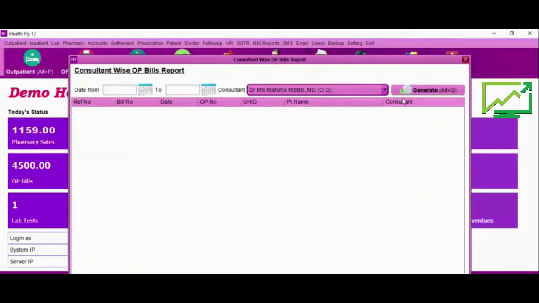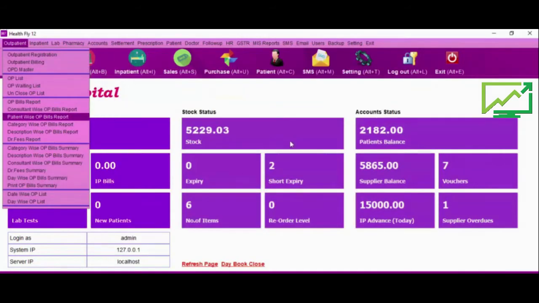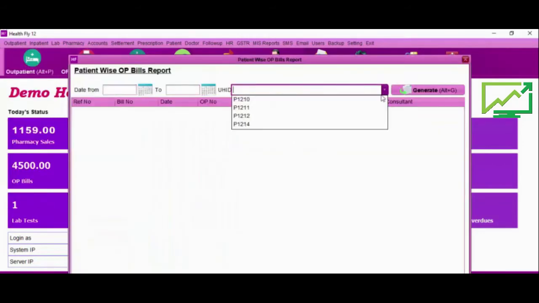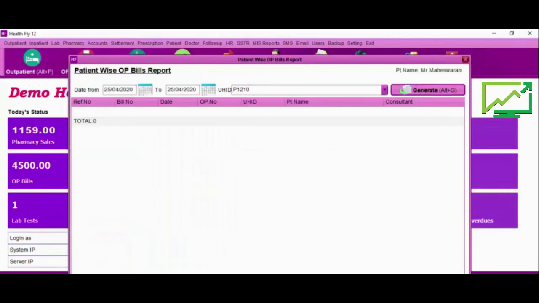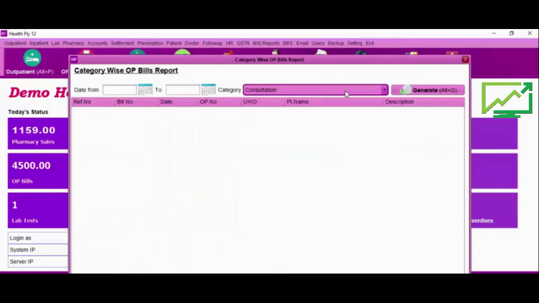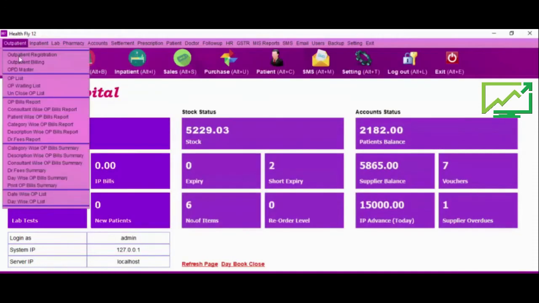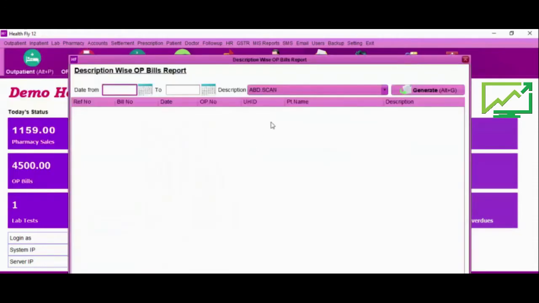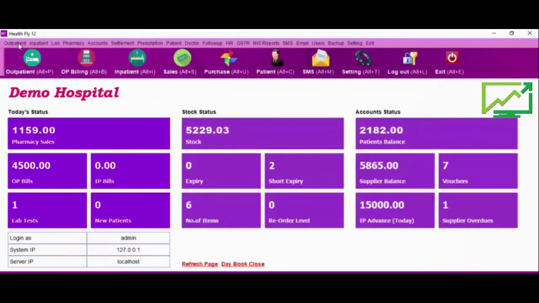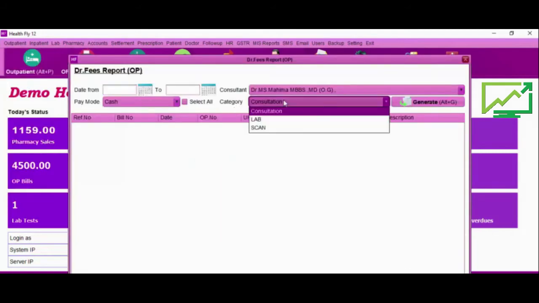Consultant wise report, patient wise report, category wise report, description wise report, this one is doctor fees report.